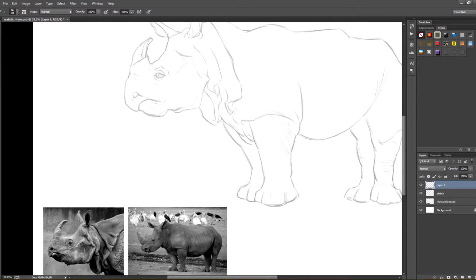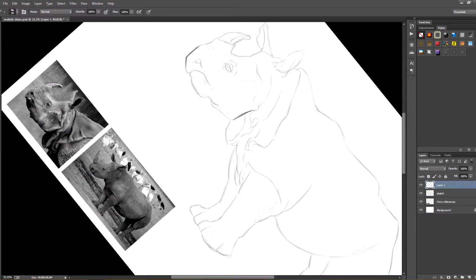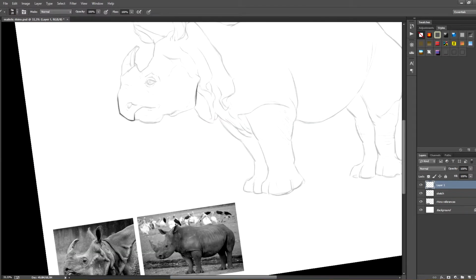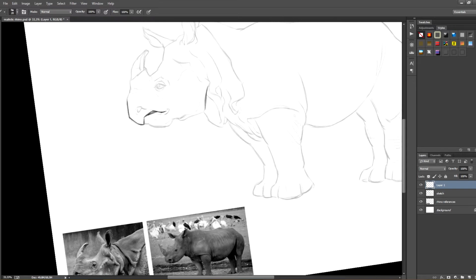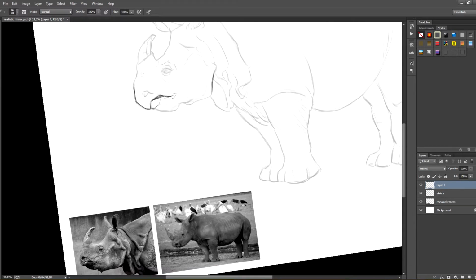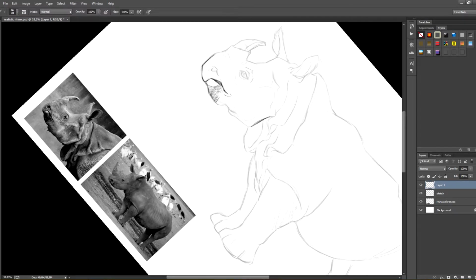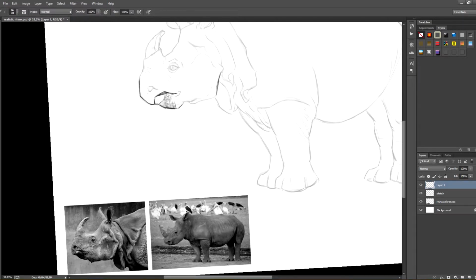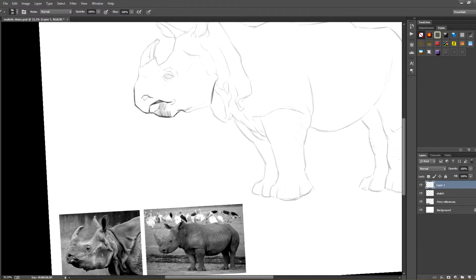So I'm going to use the same brush I used to sketch, only this time I'll remove the ink flow and I'll increase the opacity to the maximum. That way we get a nice clean stroke. What I like about this brush is that the stroke is a little broken and it has transparency properties, so you can play around with it a little bit. But try out different brushes and find the one that you like and that adapts to your style.